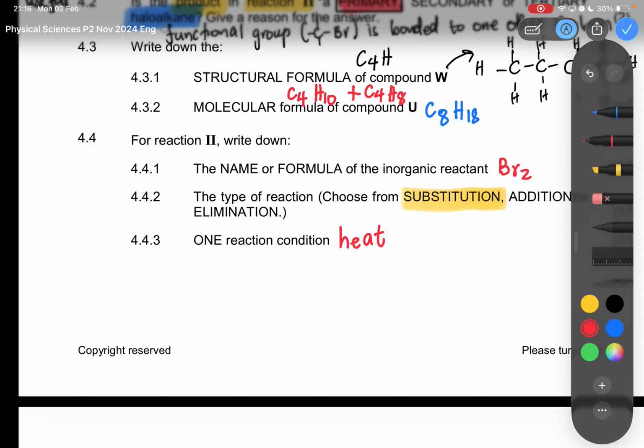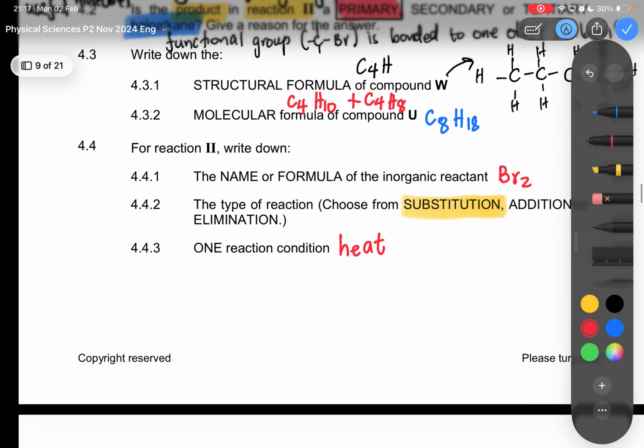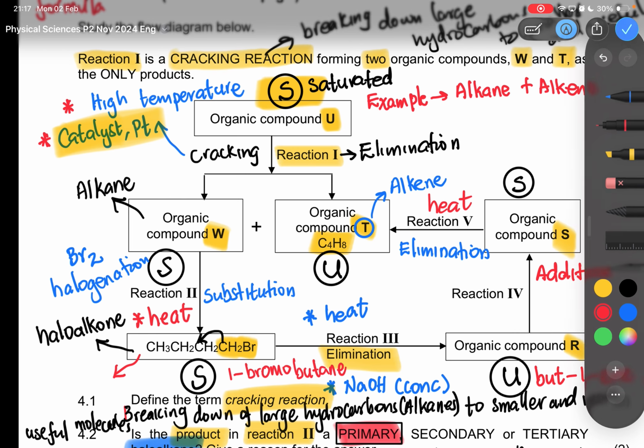But if you write heat, who knows that it is hot? Not hot. Who knows that it's strong or too hot or mild, but it's just heat. Okay. All right, so that answers those questions. Remember, all these things are just coming from the analysis of the diagram. I hope you understand that.